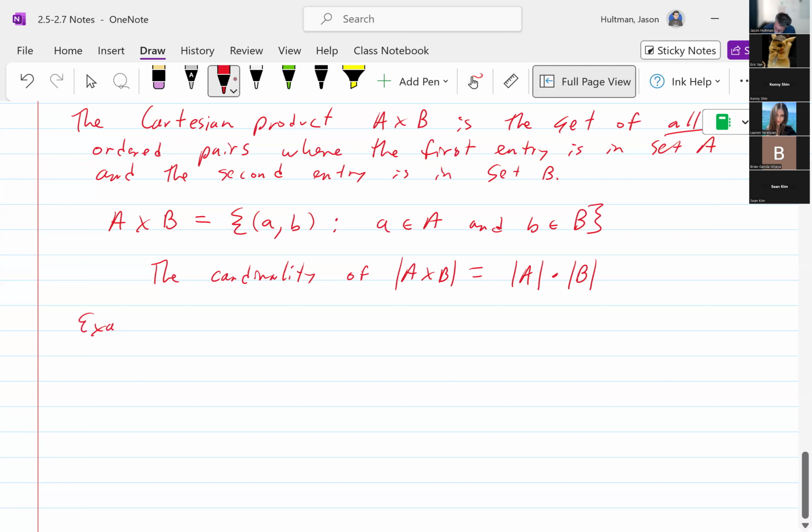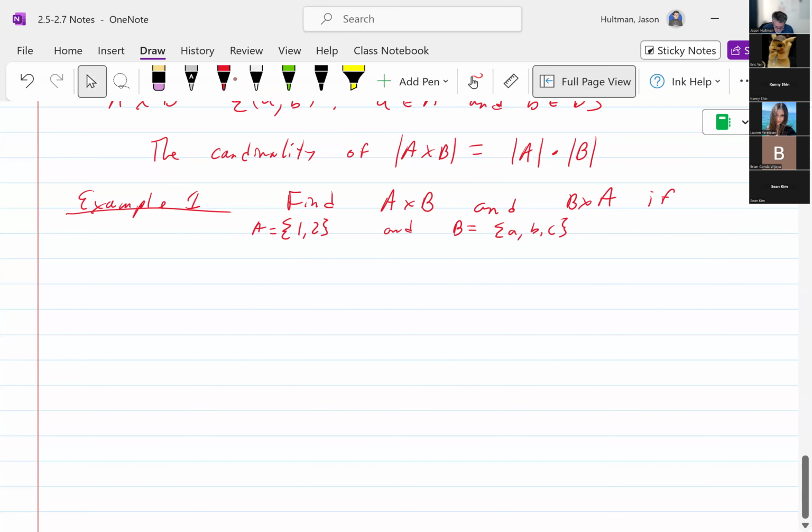Okay, example 1. Find A cross B and B cross A, which are not the same thing, if A is the set {1, 2} and B is the set {a, b, c}. So let's first find A cross B. For A cross B, we're going to match each of them. If I have set A as 1, 2 and set B as a, b, c, then the ordered pairs